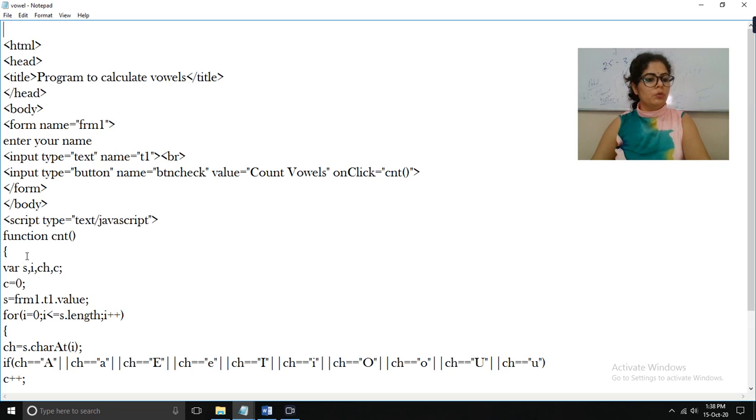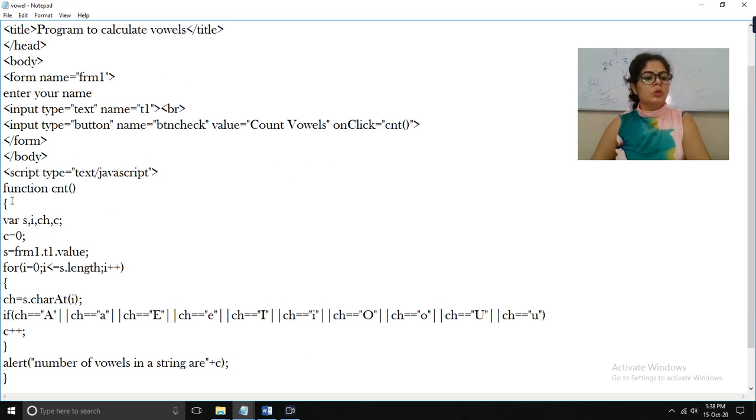Now we have to create a function. The word function indicates that we are going to create a function. This is the name of the function, and you can give any name. I have given the name CNT, so I have created a CNT function, the count function. Now look at this line, the on click event.